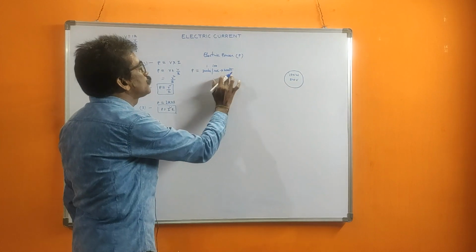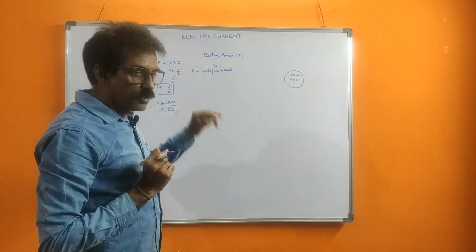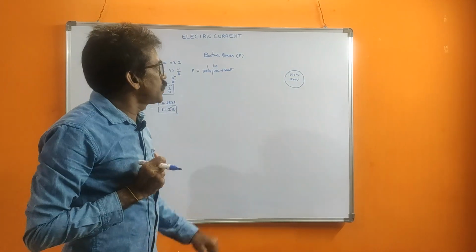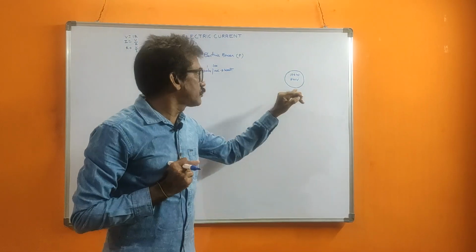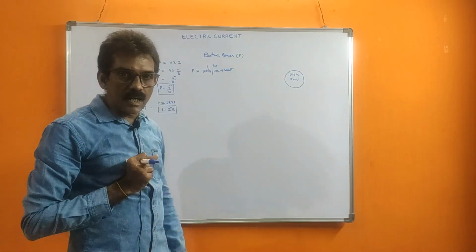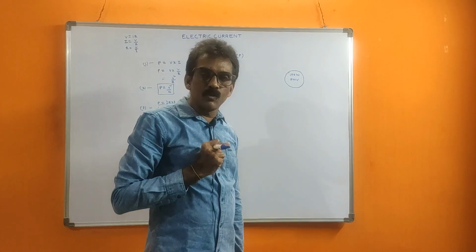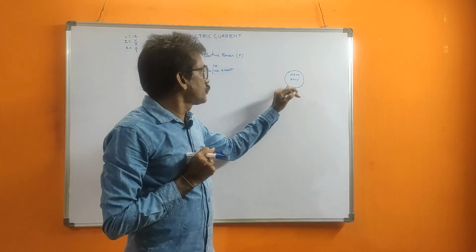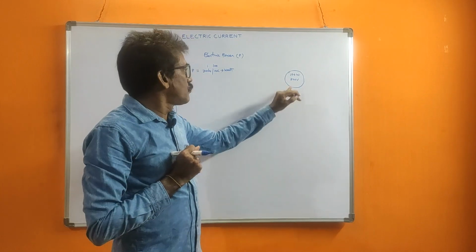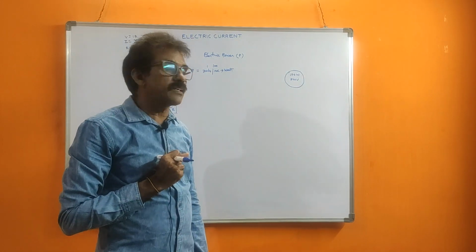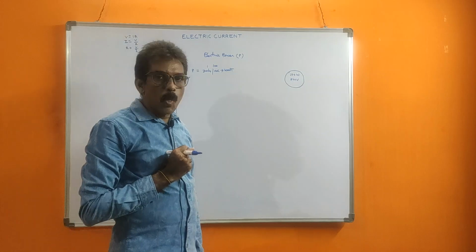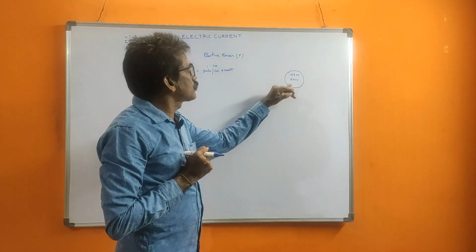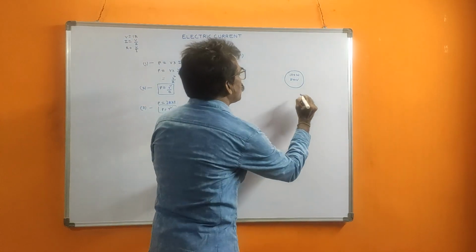Joules per second is only called watts. So power is measured in joules per second or simply watts. That's why 100 watts means what? Its power is 100, that means it consumes 100 watts of energy from the 240 volts supply. Suppose current passes through this bulb filament.